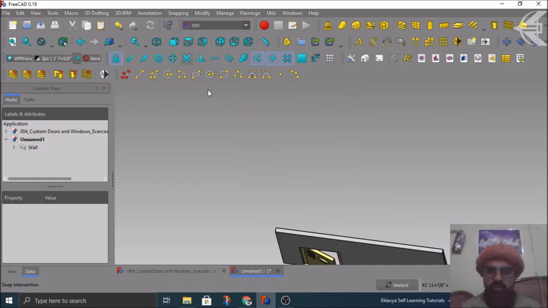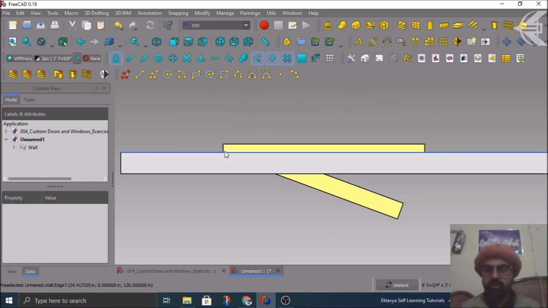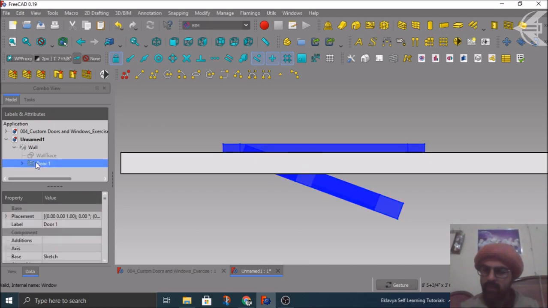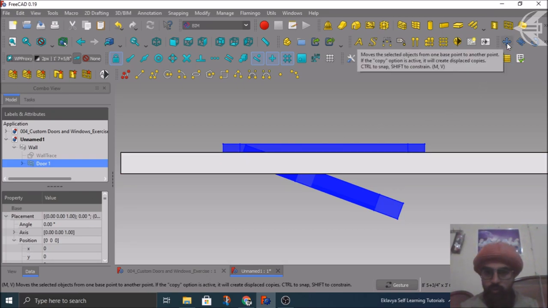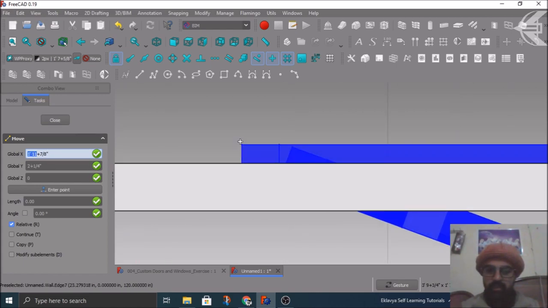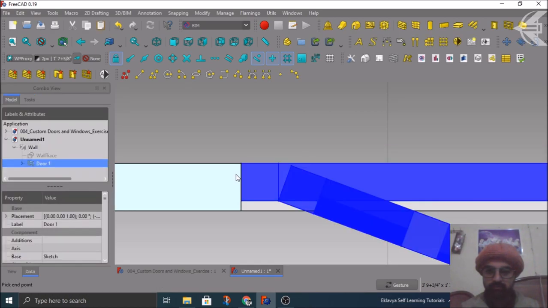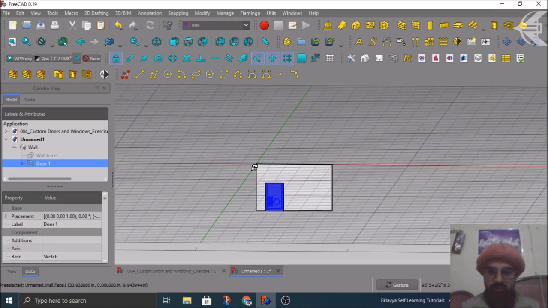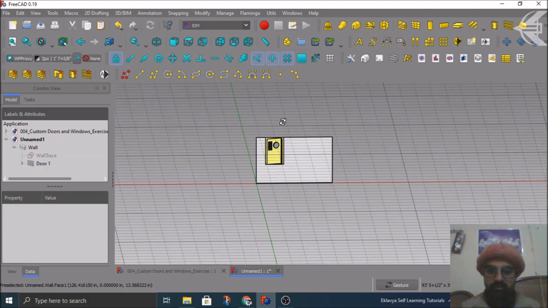Then you can do certain modifications, like you want to move this particular door to certain location, like suppose I select this door, you can see it's a bit offset. So you can click on the placement as well. You can make the positions from here, or you can simply click on this tool called move. So when you click here, make sure the copy component is off, because it will make a copy. We don't want a copy of this any other. So we'll simply click on this particular point and we'll simply move it. So now you can see it's completely inside the door with the desired thing as we needed.